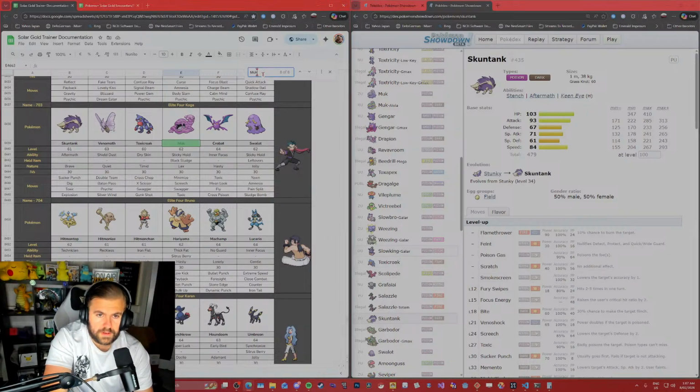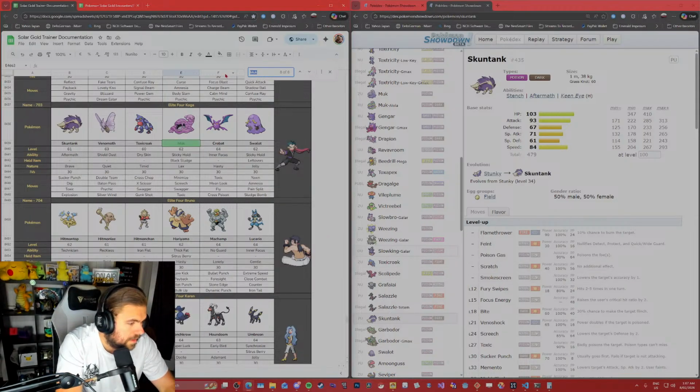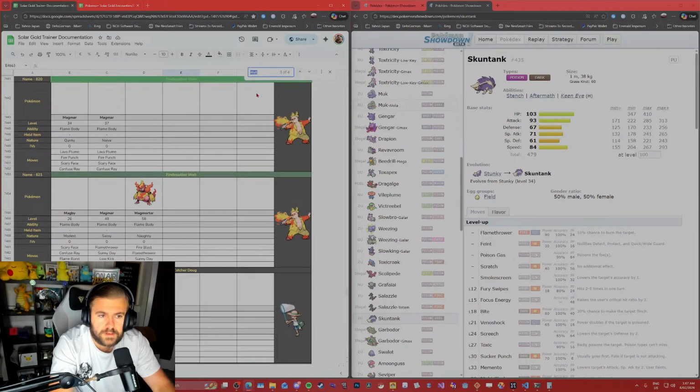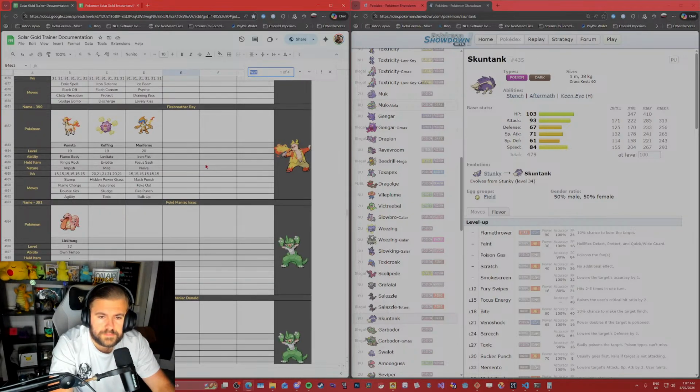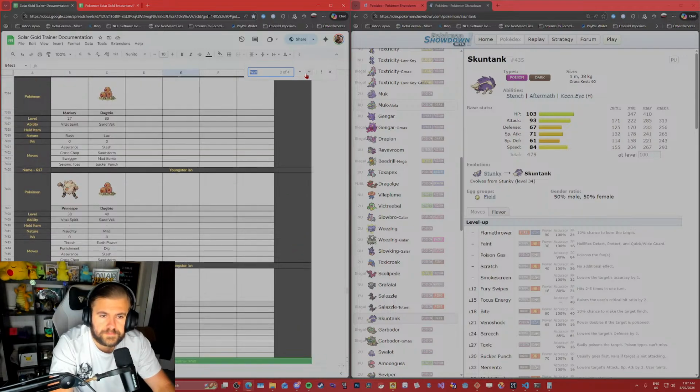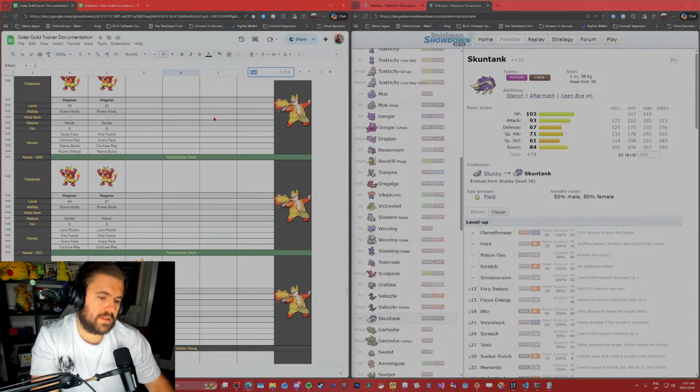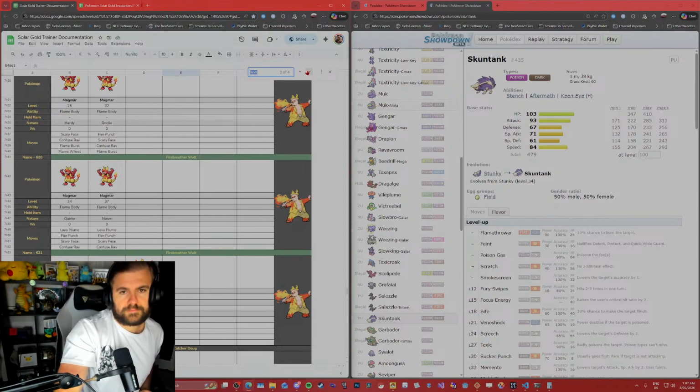I could use Skuntank too, actually. I think I don't need the other fights, just the Magmas.